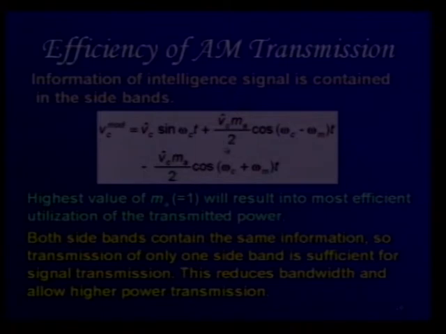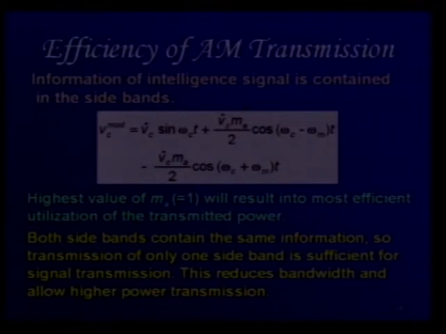If you see the prefix of both the side bands, omega c plus omega m and omega c minus omega m, it's just the same, Vc cap MA by 2. Essentially, if we are going to have a signal, or the envelope, which is symmetric around the carrier wave frequency in the form of omega c plus or minus omega m, then it should suffice to send only any one part of this. We don't have to send both the side bands, because both the side bands carry the same intelligence.